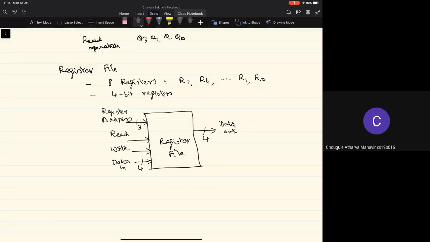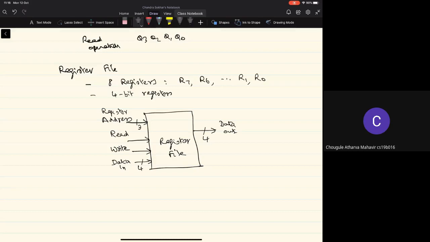So what is the internal logic in this register file which can perform these operations? In addition to these registers, what is the other logic that's required to perform these read and write operations? Let's look first at the write operation.